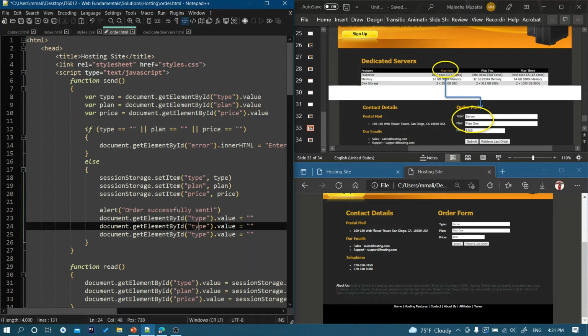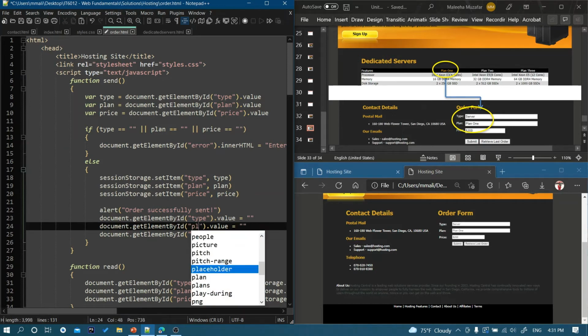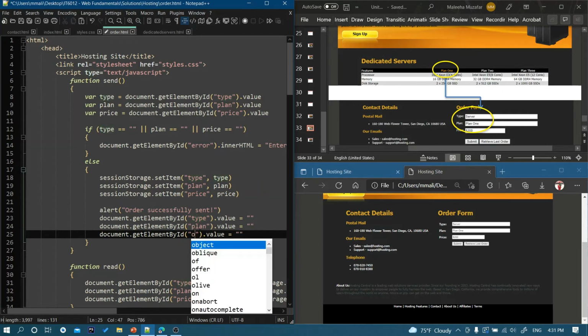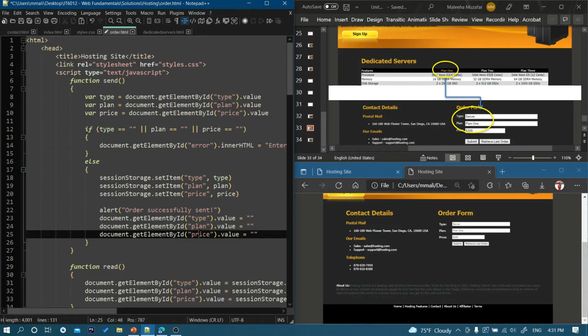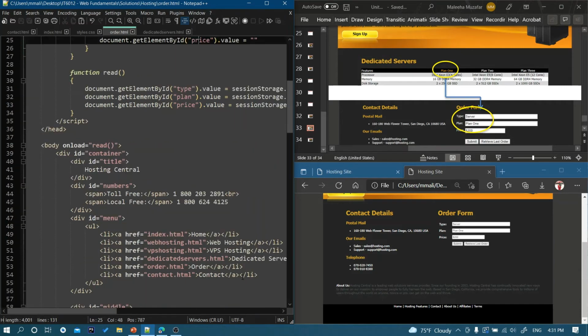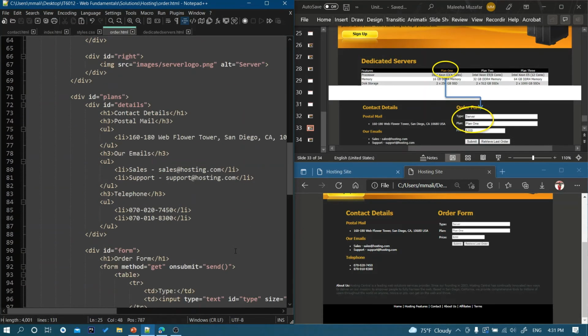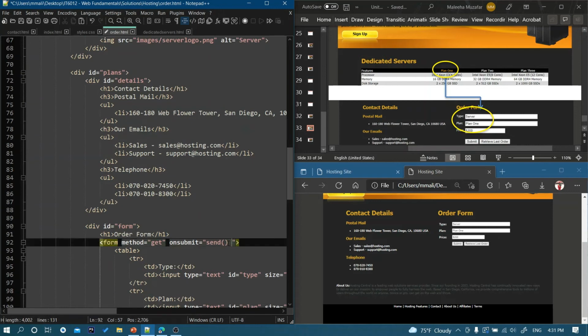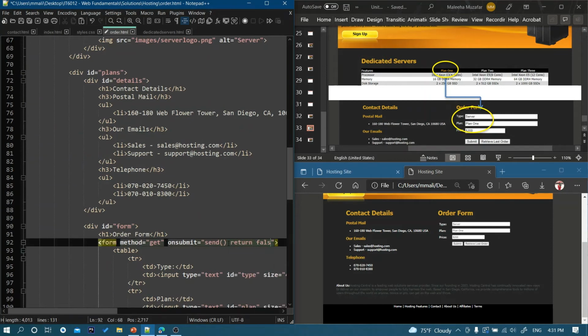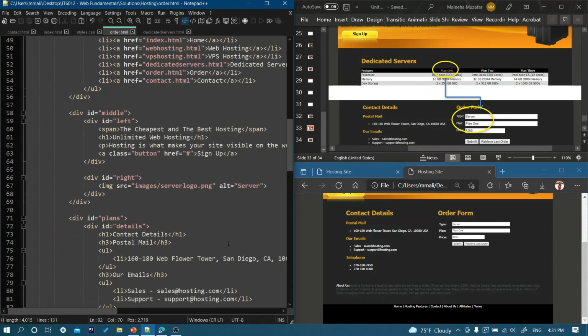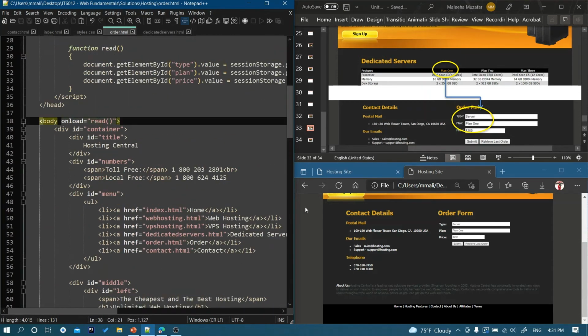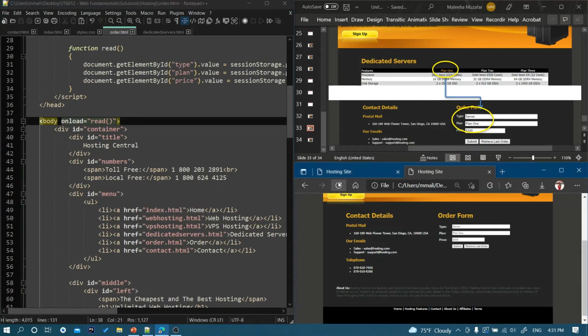Okay, and then this will be plan price. Okay, and then just one last thing would be to add return false, because otherwise it will keep reloading the page and you will keep calling the read method on load. Okay, so if I refresh this,